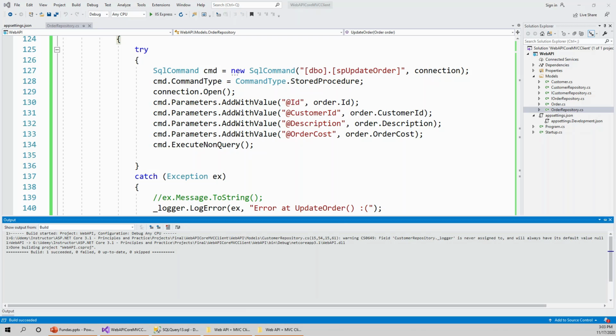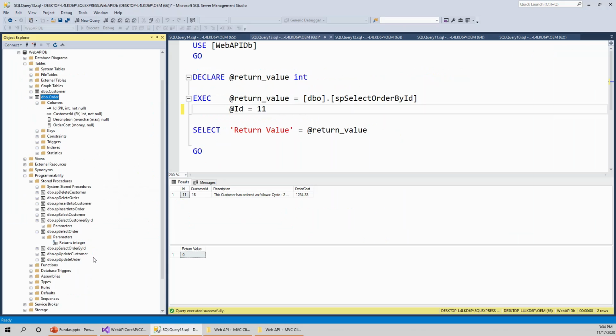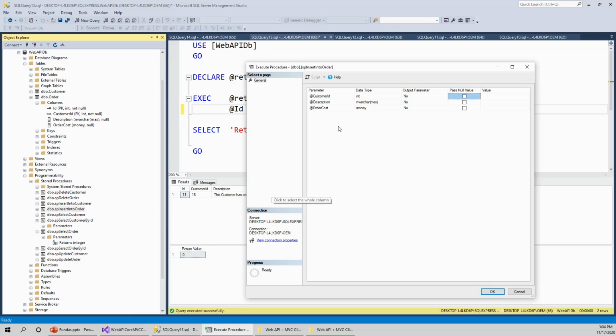So the build succeeded. Now let's flip over to SQL Server Management Studio and execute these stored procedures: SP select customer, SP select order, SP select order by ID, which we have seen, and SP insert into order. Let's insert into order by executing the stored procedure, and it will of course tell you that these are the values it wants, either pass a null value or